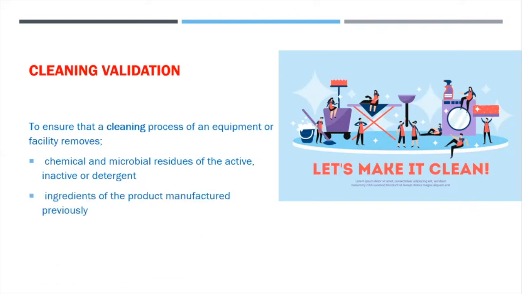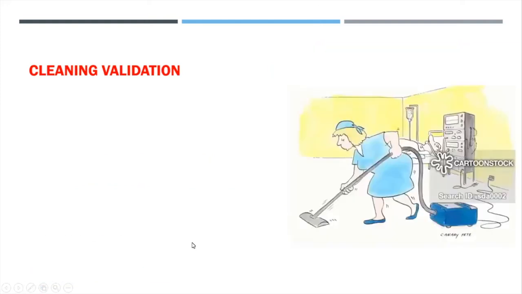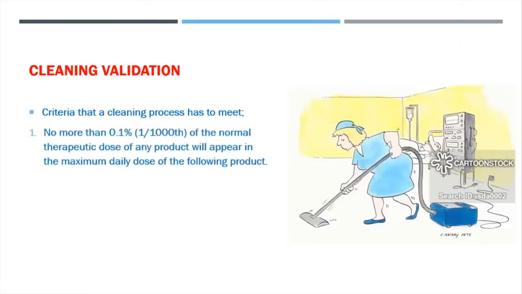Ingredients of the product manufactured previously. Yeah, so not only the previously manufactured product's ingredients, but also the chemical and microbial residues, as well as the detergent that you are using to clean that machine, and the microbial attributes. So, cleaning validation criteria that the cleaning process has to meet: